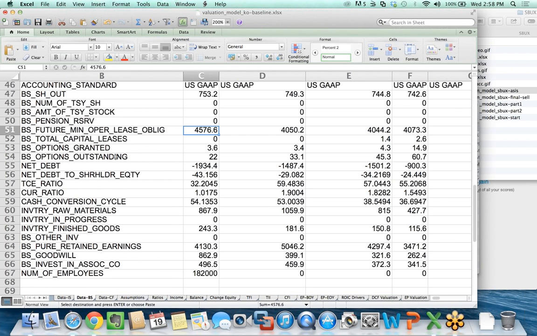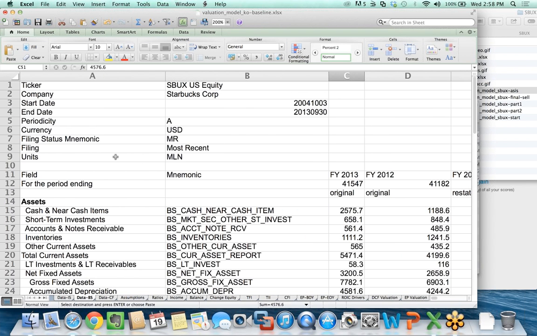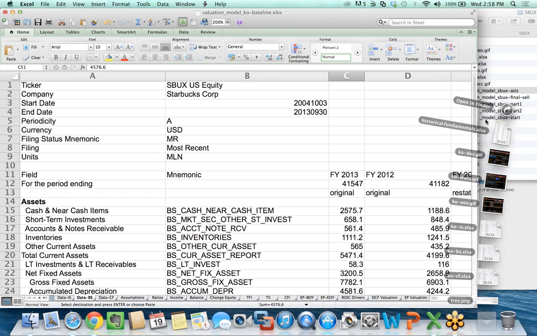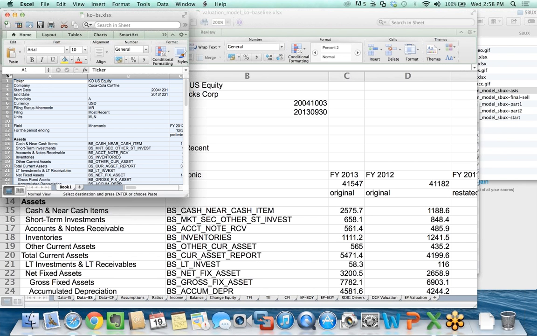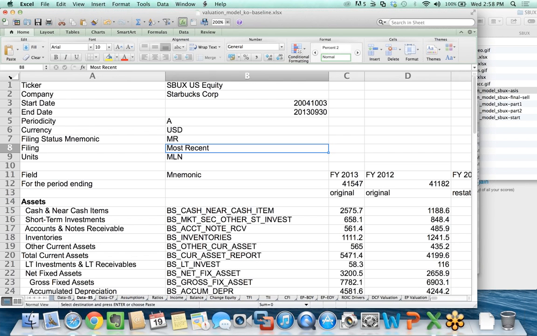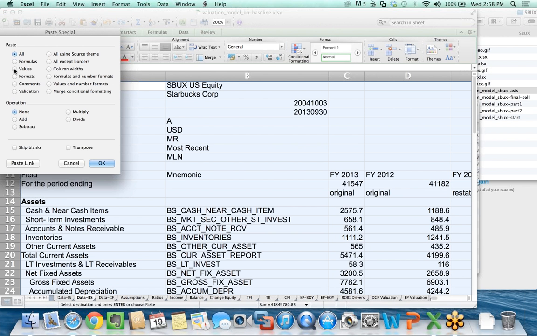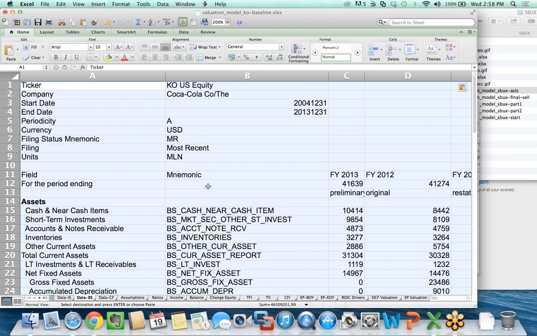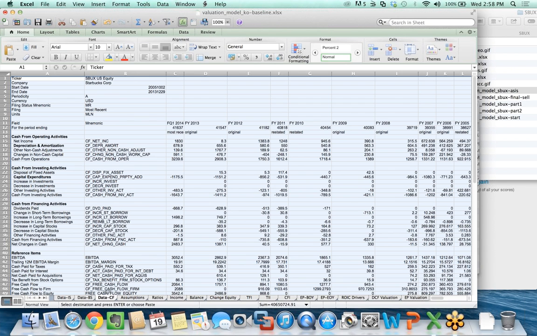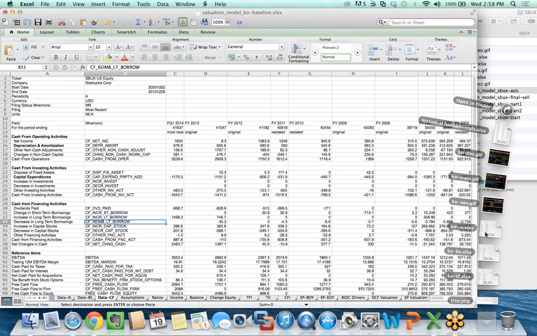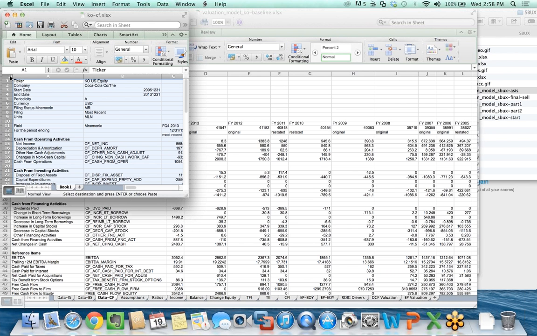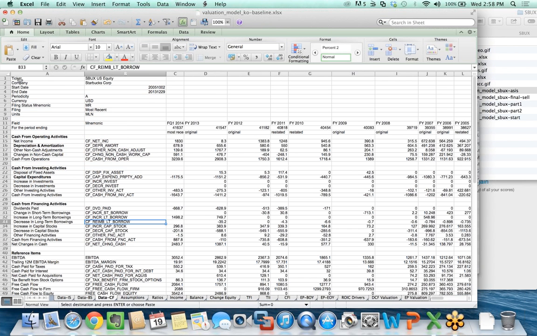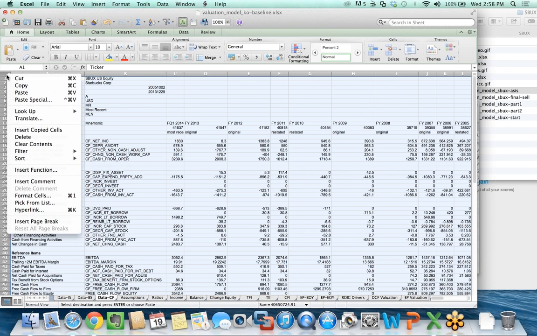Second, balance sheet. So again, I'll go back to the top. This is the Starbucks data in the balance sheet using the Bloomberg standardized format. So again, KO balance sheet, select the balance sheet, copy it, paste special values, and I've overwritten the balance sheet data. And I'm finally going to do the cash flow data. So go to KOCF, select all the cash flow data, copy it, overwrite what was the Starbucks cash flow data,